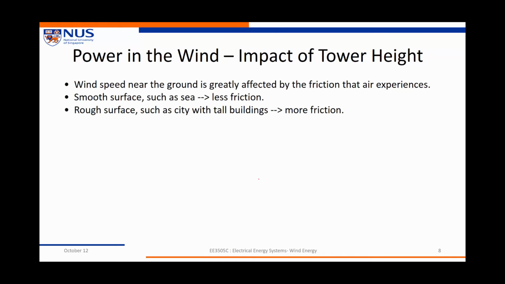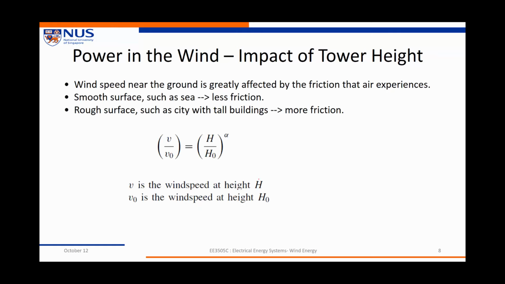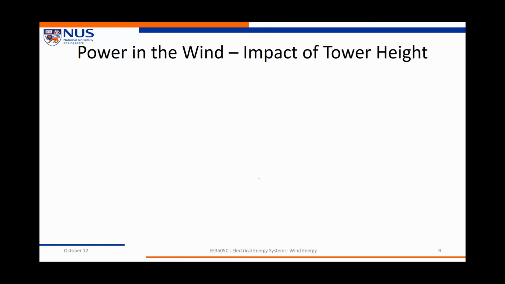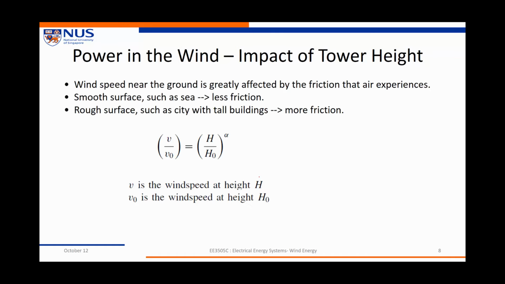You will notice that wind speed near the ground is greatly affected by the friction that air experiences. For example, if it is a sea-like smooth surface, you will have less friction. But if we have a rough surface such as a city with tall buildings, the wind would be flowing with much more friction. So we have a formula which says that the ratio of the wind speed at height